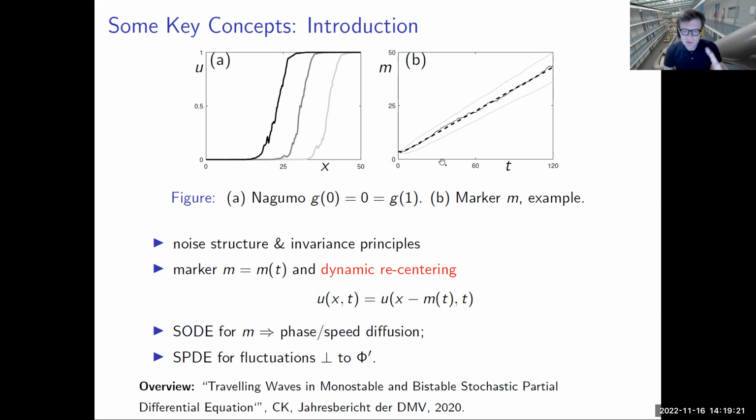So I need to somehow recenter my wave with a time-dependent observable to make sure that I can actually understand this. And here there's a little bit of a plot of one marker that I will show you on the next few slides that somehow tracks where the position of the wave is. Then this wiggly line tells you the actual computed position for one particular wave of this marker. And the dashed line tells you a sampling over quite a number of waves.